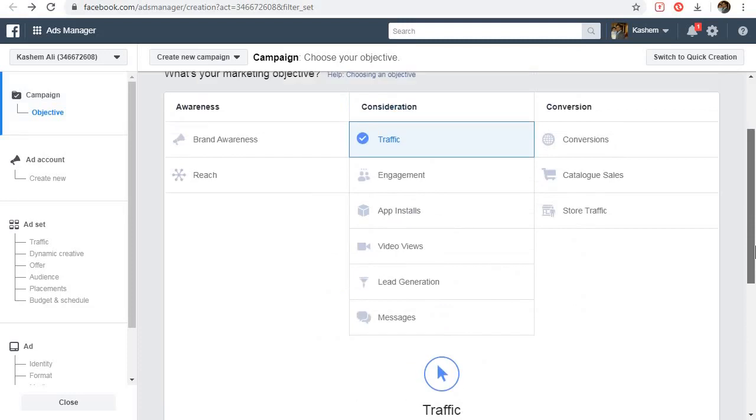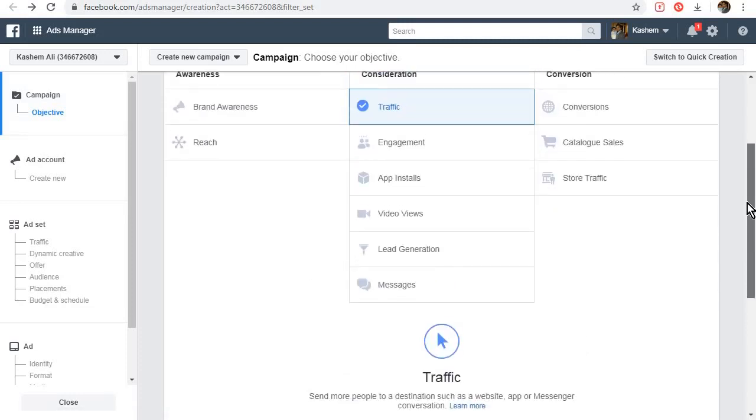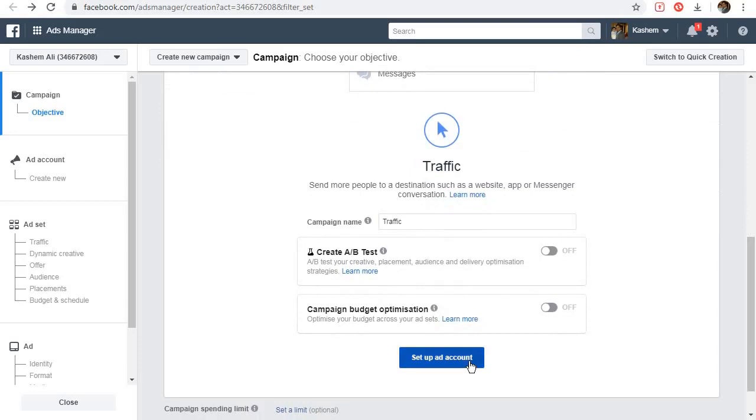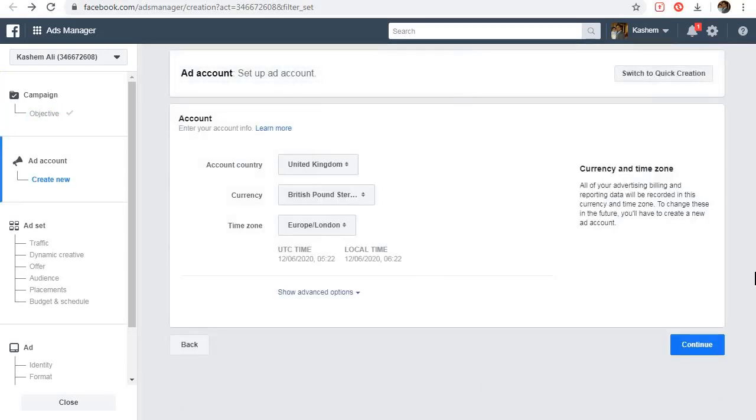So I've selected here traffic, and for now we're going to ignore all of the other ways of pulling in traffic. Let's just keep it simple and go to setup account, and then this is just referring to which account I'll be directing traffic from.